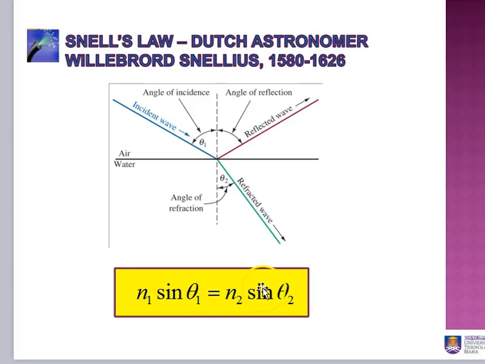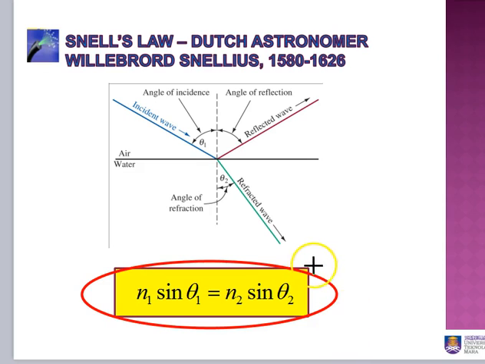So how light reacts when it meets the interface of two transmissive materials that have different indices of refraction, we will see in this explanation. Snell's law is given by this equation: N1 sine theta 1 is equal to N2 sine theta 2. So we'll see what is N1, what is N2. A refractive index model for Snell's law can be shown by these figures.